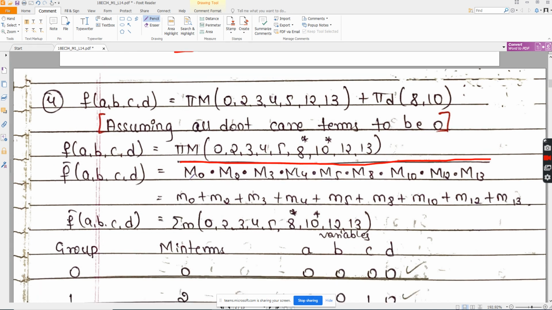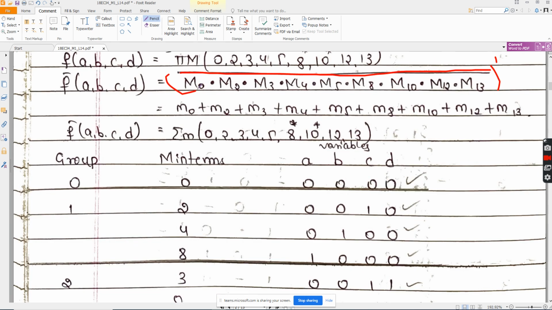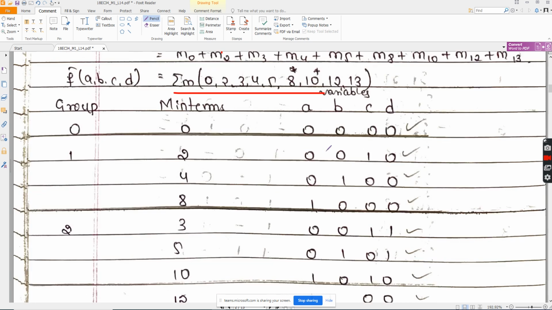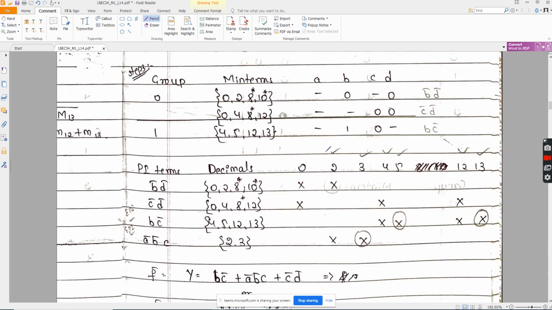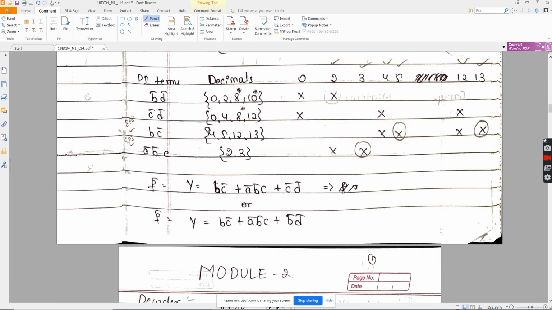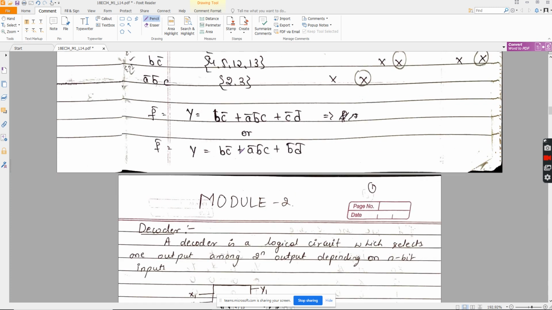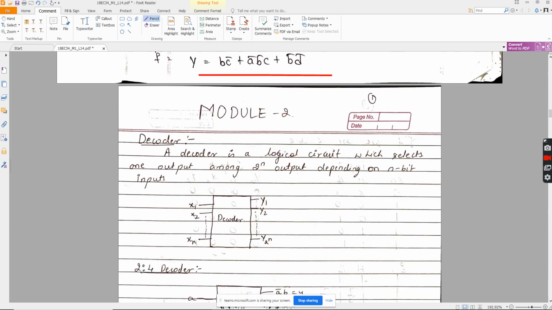I didn't have the option for putting a bar in this fashion. That's why I had put a bracket here and then put a bar here. So you have to put it in this fashion. So this summation capital M, you can see here it is replaced by small m. Then I'm forming this group, and this is how this thing goes. And you have to encircle all the PI cells and then I write the solution.